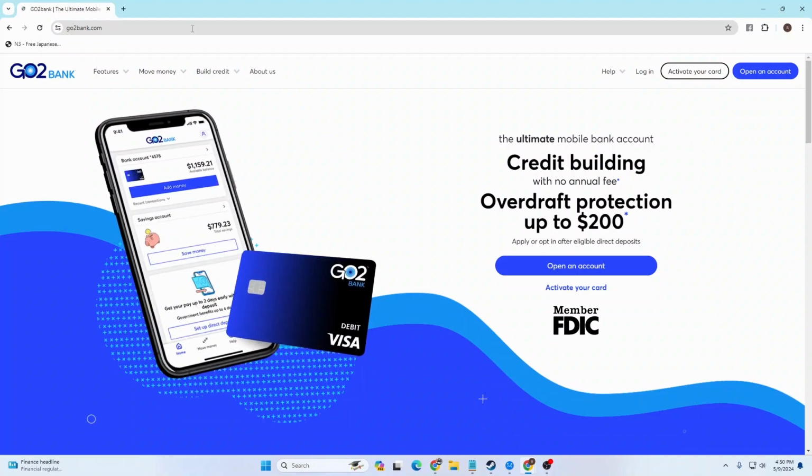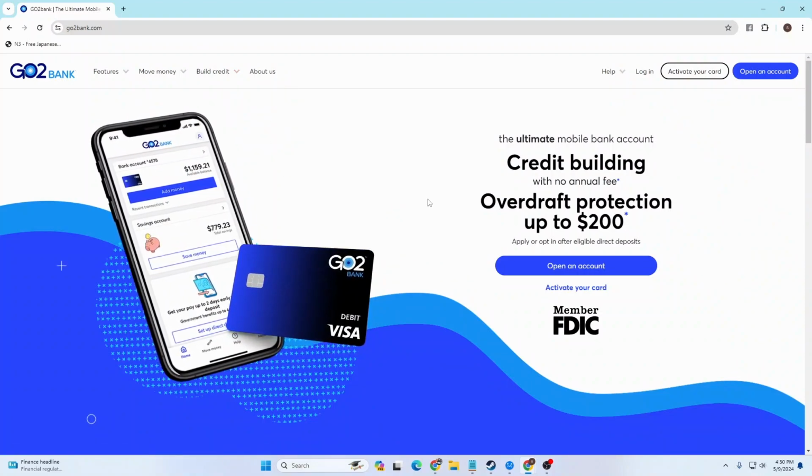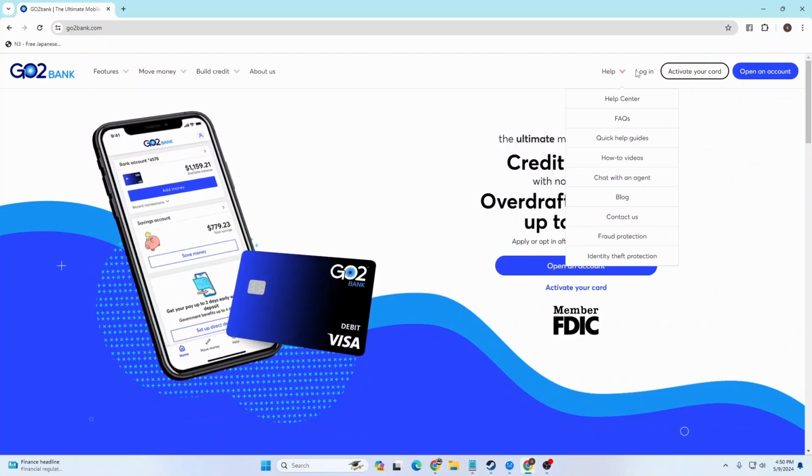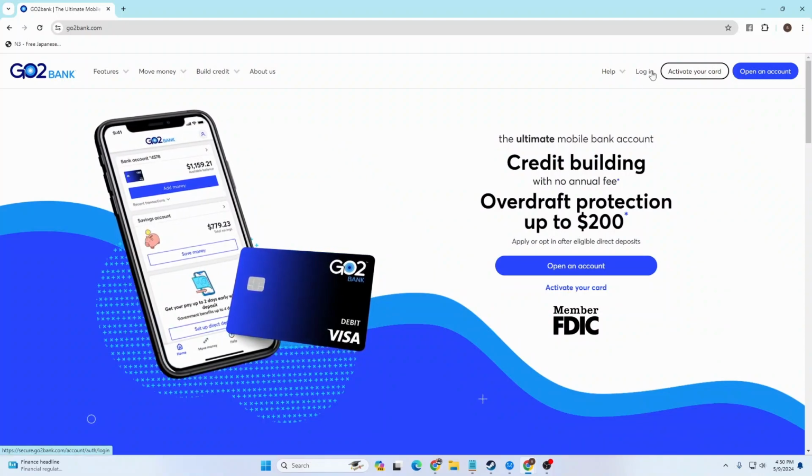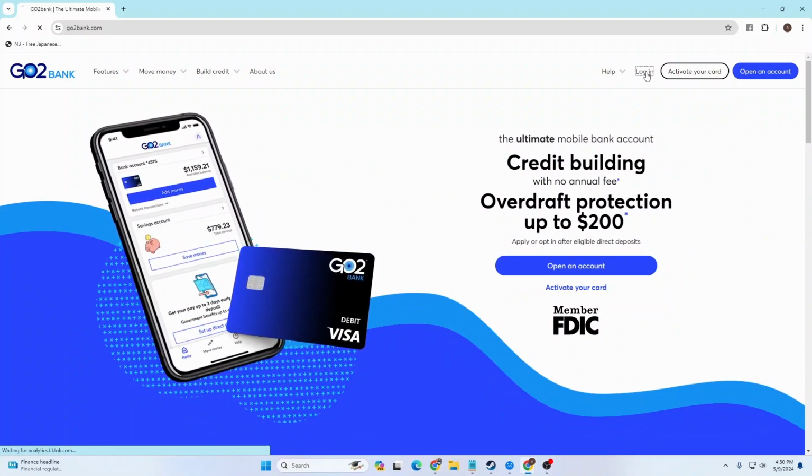Now, in order to proceed from over here, in order to sign into your Go2 Bank account, at the top right corner of the screen, here you can see the login button available for us. Click on that login button,